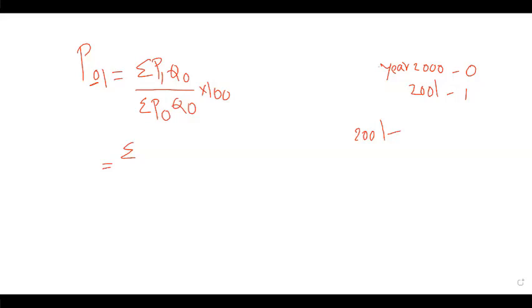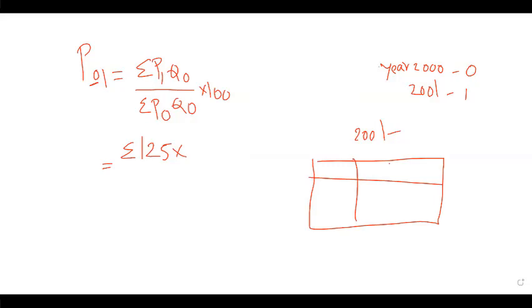So guys, for 2001, I should take that price value as 125. In the second table, it is mentioned as 125. Q0 means... Sir, why should we take 125? Because we are taking the price index. The second table gives the increase in the price index. See, the second table is there. The second table is the increase in the price index, and the first table is the given data. Guys, what is an index actually? I had told you what index numbers basically are.